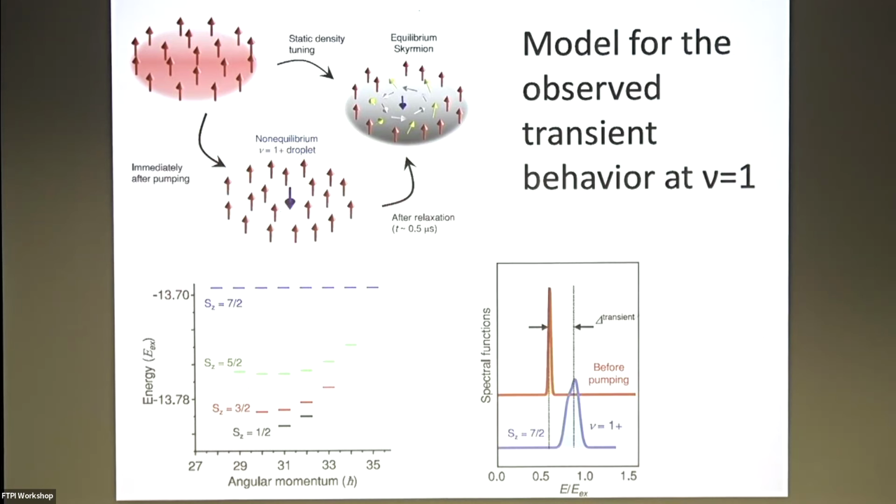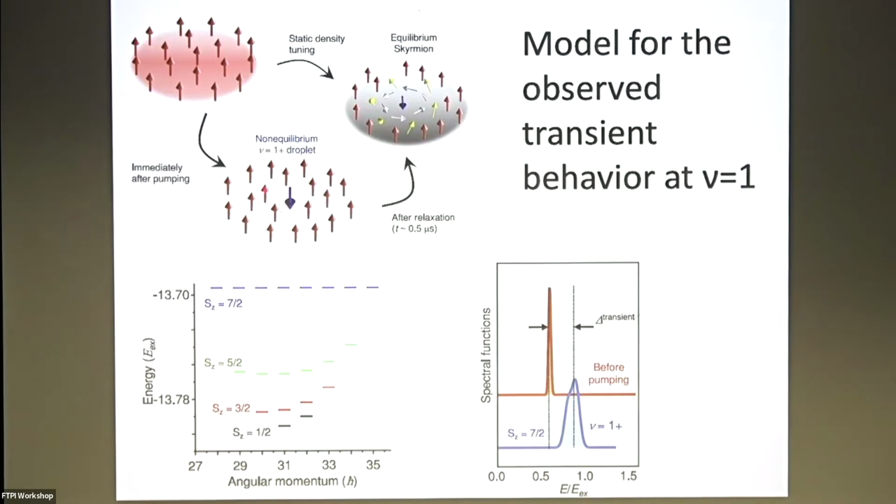And Pavel's group, what they did was exact diagonalization calculations. This just shows that if I have just one spin flipped and I have 8 others that are spin up, then it doesn't really matter where I put this spin in terms of its angular momentum, and the energy doesn't change because the whole thing is just spatially invariant. But ultimately, if I wait over time, I'll start to form a skyrmion, and I'll come down to this spin 1/2, total spin 1/2 state for the whole thing.